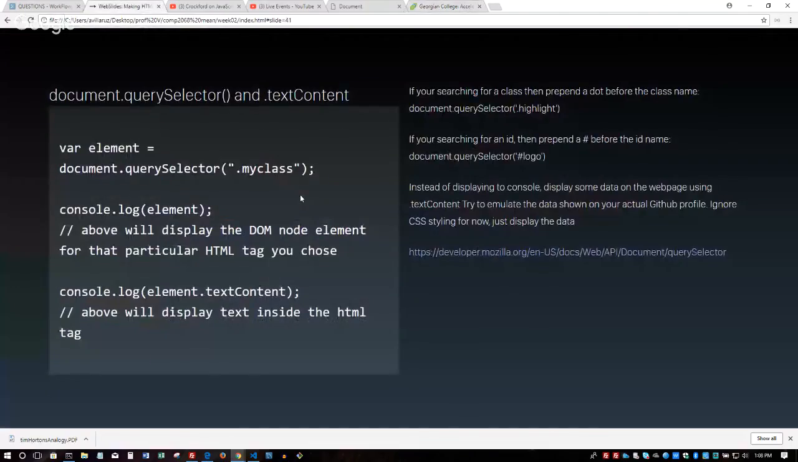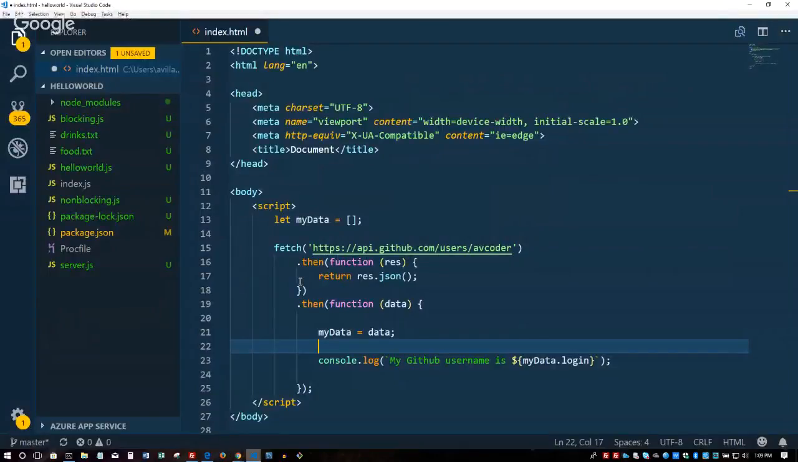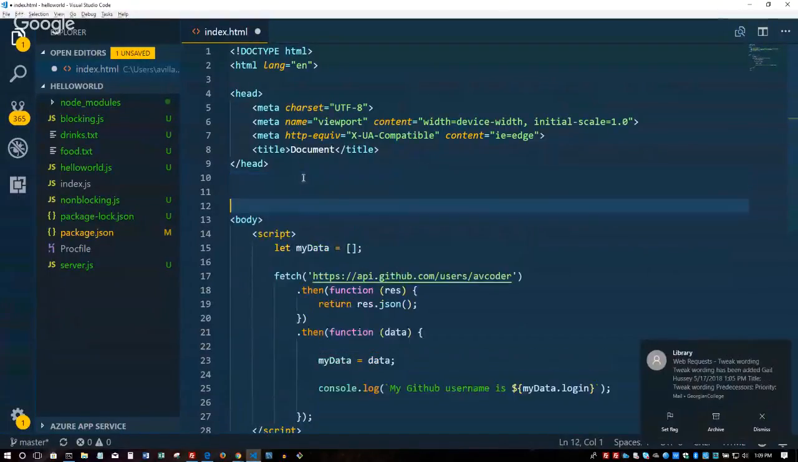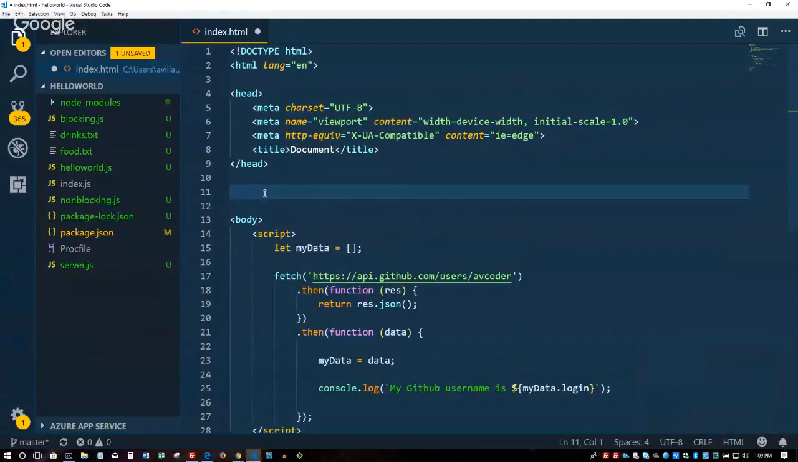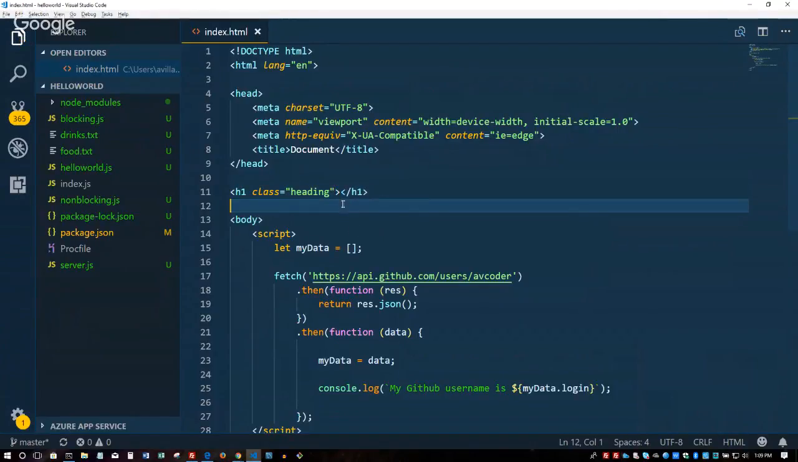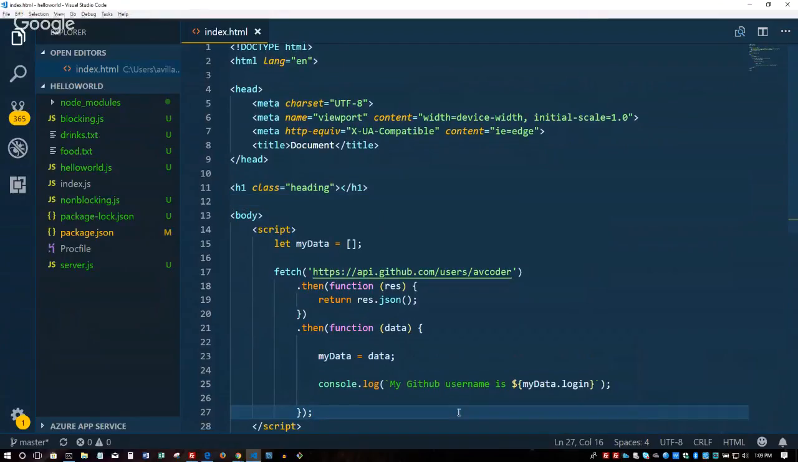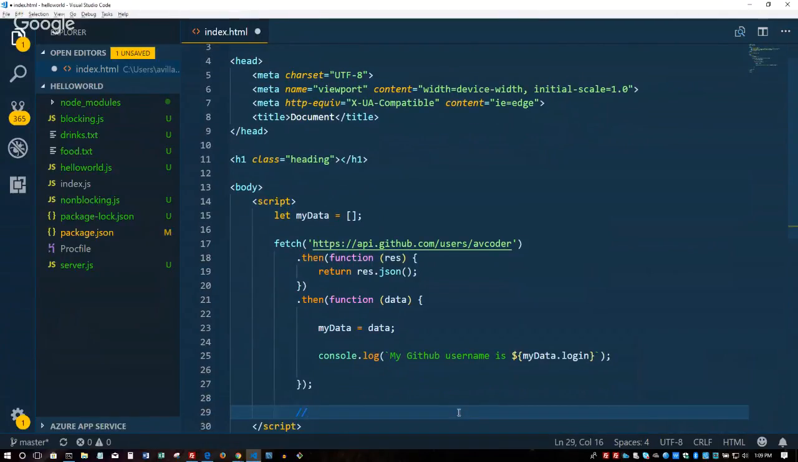So try, let's see, what did I want you to do? Okay, right. So this is where you try to put the data that you fetched onto the web page now. Okay, so let's try this. So fetch some data. Let's put in the body H1. Okay. This time we'll use a class of